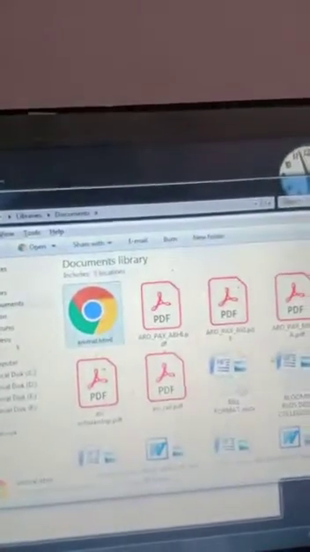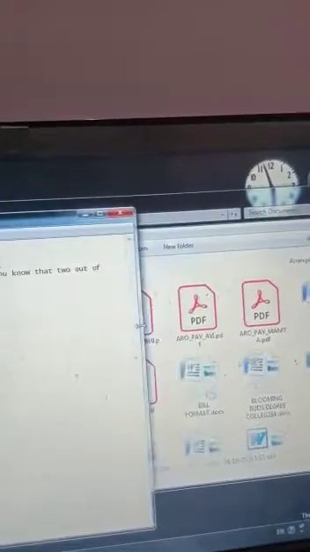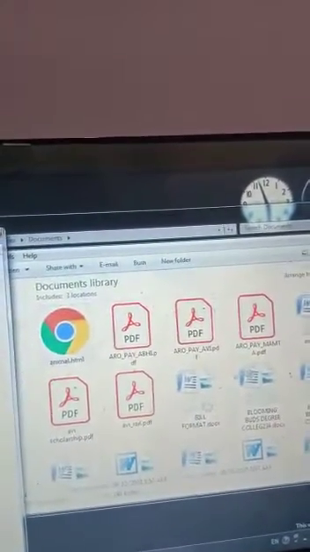Okay, now how will I view this animal file? Go to the folder where that file is saved, to the documents where that file is saved, animal. Look here, this is the animal document. Now look, this is my HTML document.